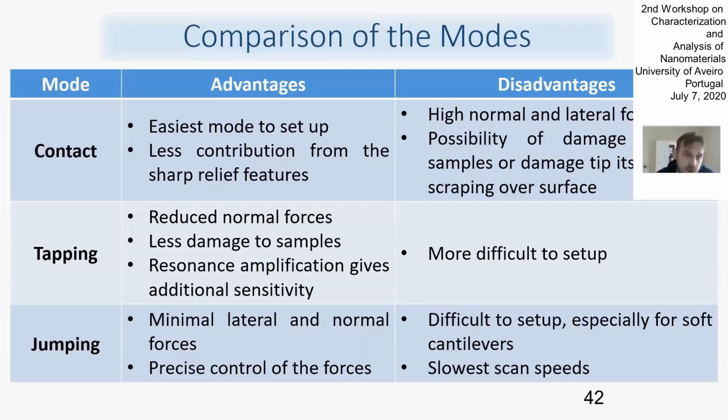These are the 3 major modes of AFM, and based on these modes you can construct any additional measurements. For example, in contact mode you may apply the voltage and measure the current, or in tapping mode you may apply the voltage and measure the force under the action of this voltage, so some electrostatic measurements. And in jumping mode you measure, for example, the Young modulus, or you can heat your tip and measure the thermal conductivity. That is why these three modes are the baseline for doing further complications and measurements in